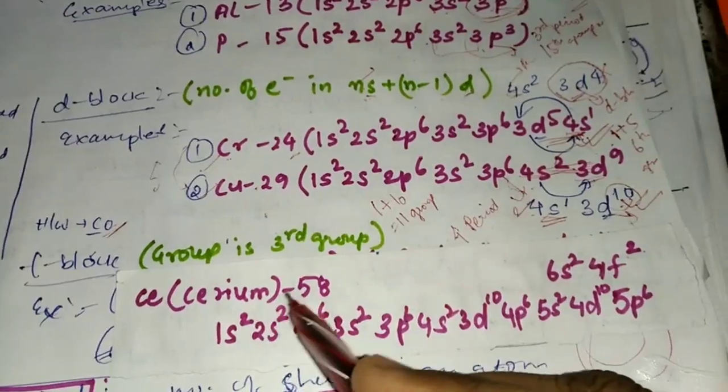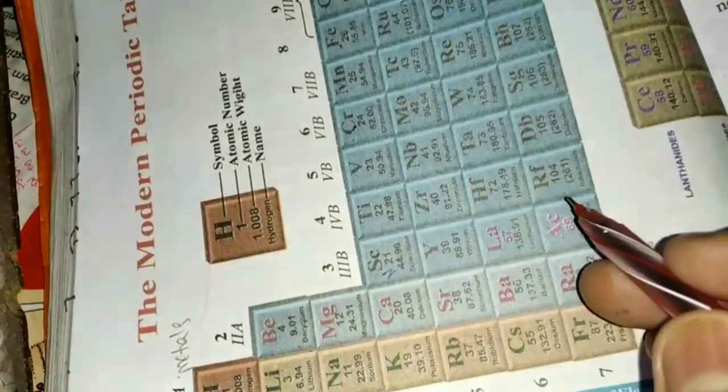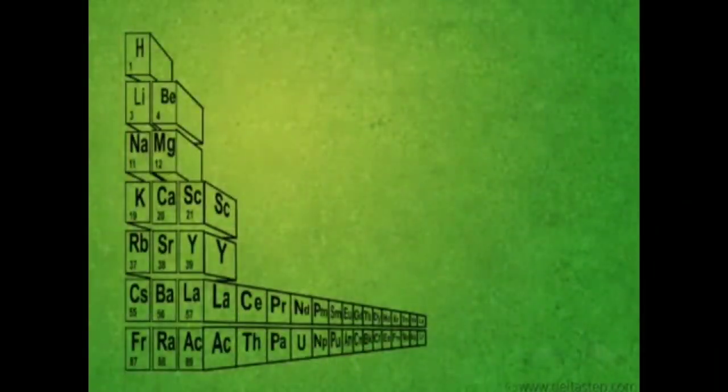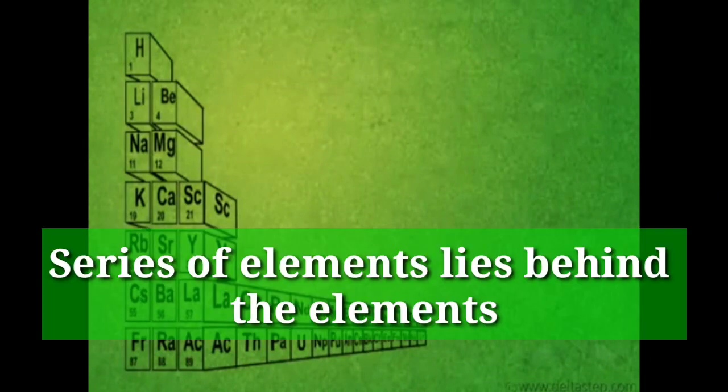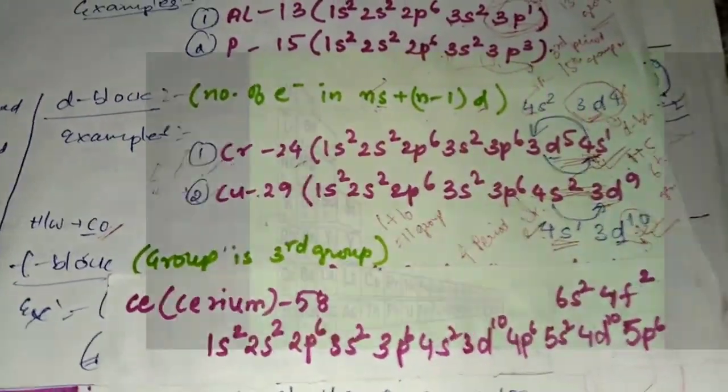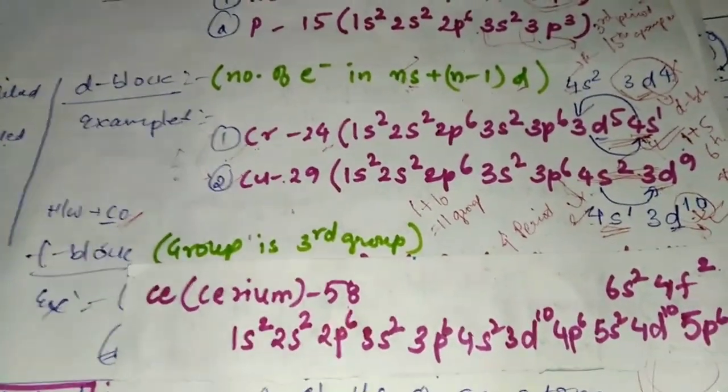Cerium is one element, atomic number 58. See, F block elements are always in the 3rd group only. They are inside, in the 3D shape. You can see in the 3D structure of the periodic table, they are always into the page, all of you. So they are always in the 3rd group only. In 3 dimensions, I will show you on the screen also if you get the image of that one. Okay. So now coming back to the blocks and how to find the period and group number.